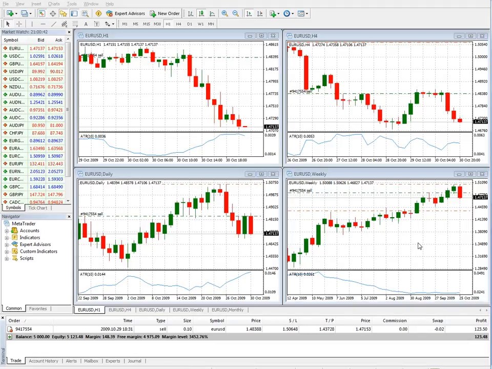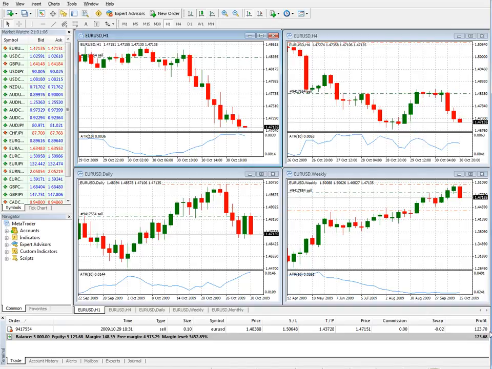Okay, here we are back at our live trade example, and as before, we were short the euro dollar US dollar. And let's take a look at where we are today. This is the very next day. We're up 123